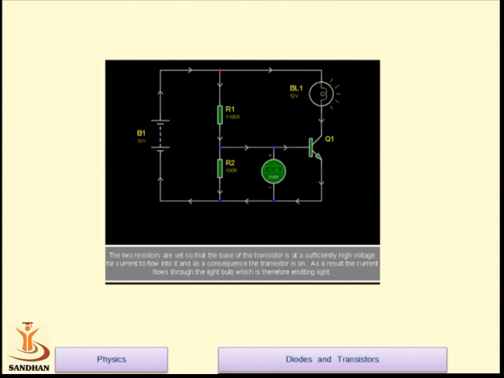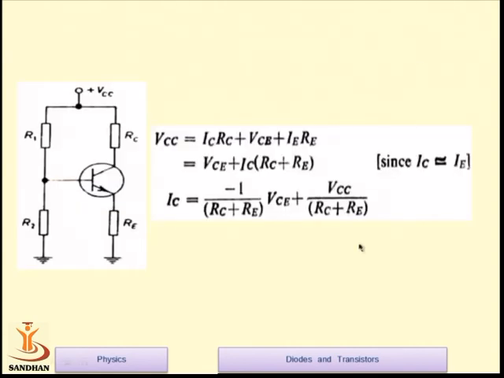This is one picture; I will show you the explanation with the software later on. This is the analysis of a simple transistorized circuit. This is R1 and this is R2, which are known as potential divider resistors. This is RC, the collector resistor, and this is RE, the emitter resistor. This is VCC, which is a biasing voltage. If you try to write down the potential equation starting from VCC to the ground, VCC equals the current flowing through this RC, which is IC.